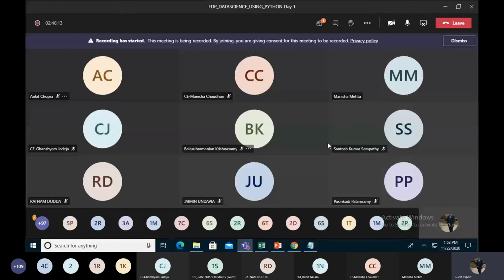Yes, Bharat Bhai has raised his hand. If anyone has doubt, please raise your hand so we can announce the name and we can discuss. We have taken basic formulas right now. This is the first session, so we take the very basic formulas over here. If any person has any doubts, please raise your hand and just ask the question.